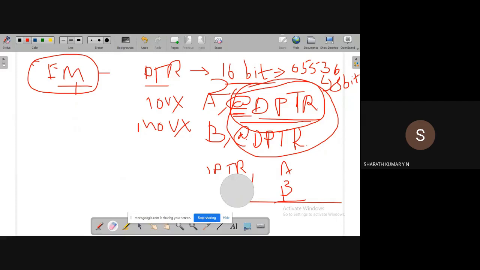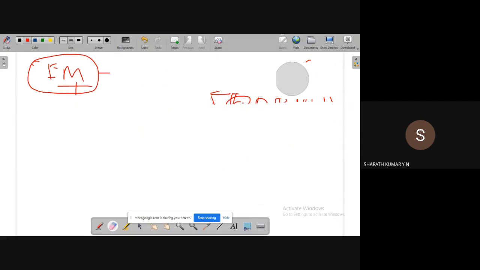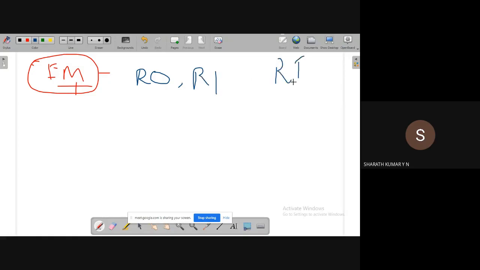The other possibility is that instead of DPTR, we can also use two registers, R0 and R1, because external memory has to be accessed using indirect memory addressing only.